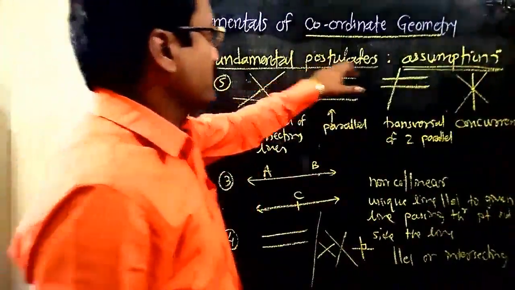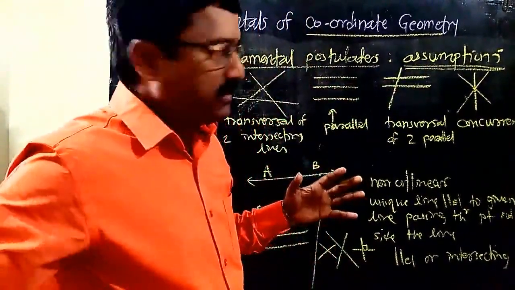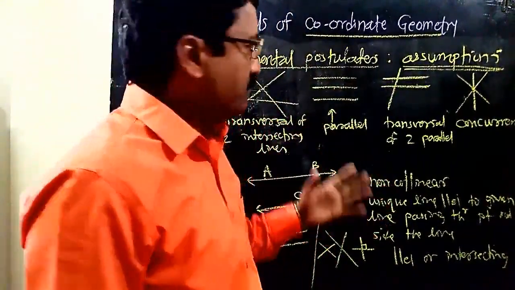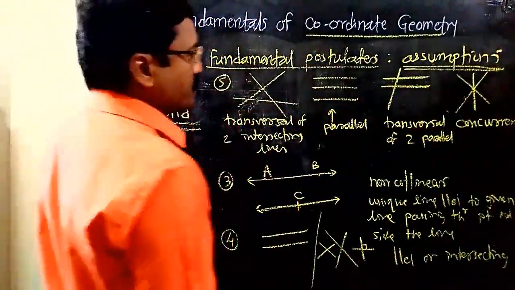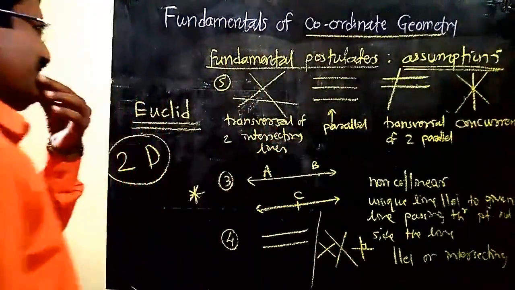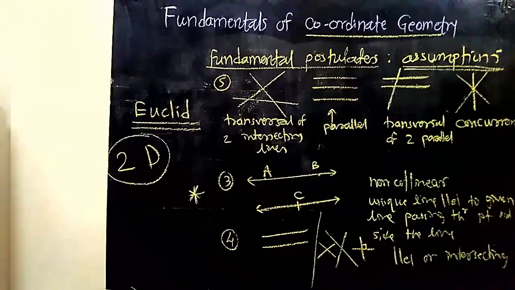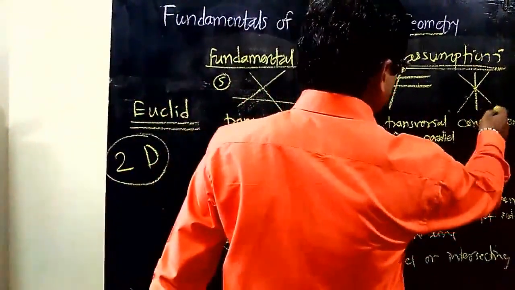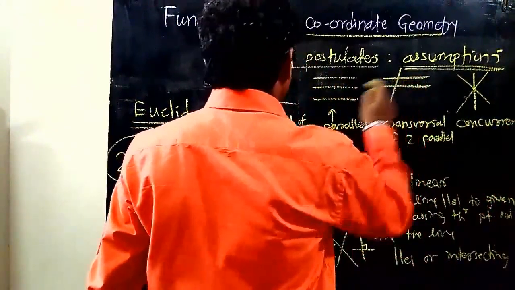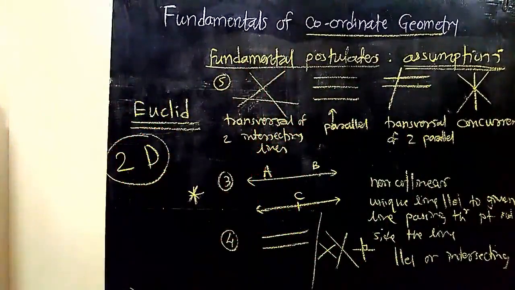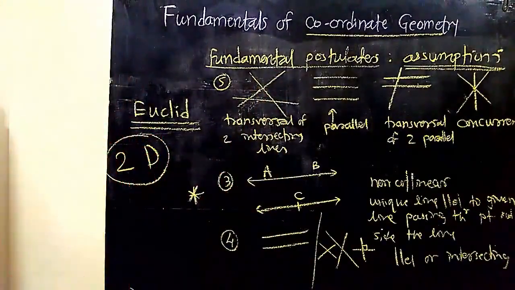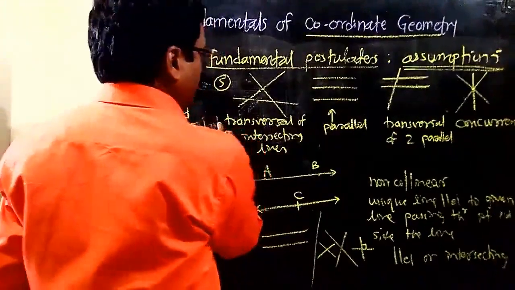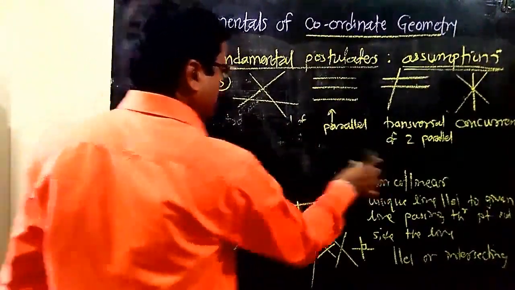Means these postulates or assumptions are statements which do not need any proof. If you observe carefully, then there is no need to give the proof of that. One can easily accept that statement or that concept. So these are 3 parallel lines, these are concurrent lines, this is a transversal of these 2 lines, and these are the intersecting 3 lines. Any one of them is a transversal of the remaining 2 lines. So those are concurrent lines. Let us see the next one.